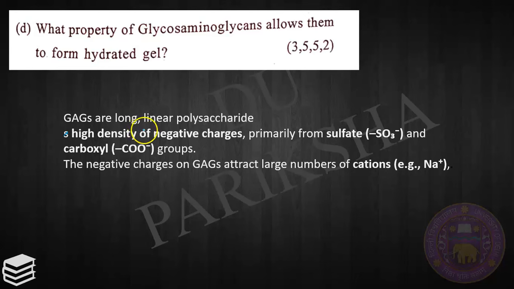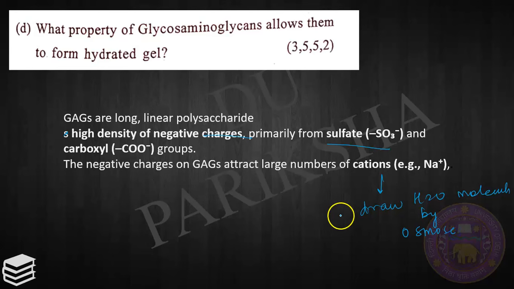Glucosaminoglycans are long linear polysaccharides having a high density of negative charges, primarily from sulfate and carboxyl groups. They have a large number of negatively charged groups, so they attract a large number of cations, which in turn draw what? Water molecules by osmosis,